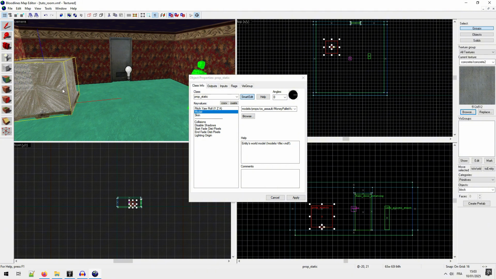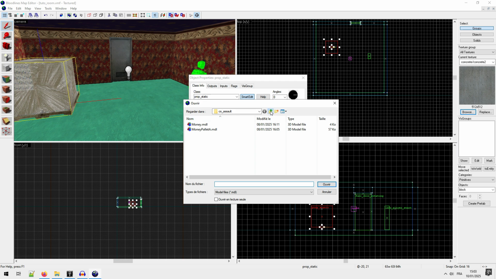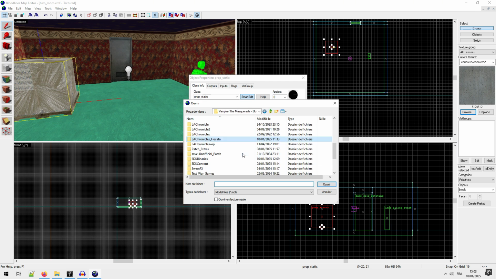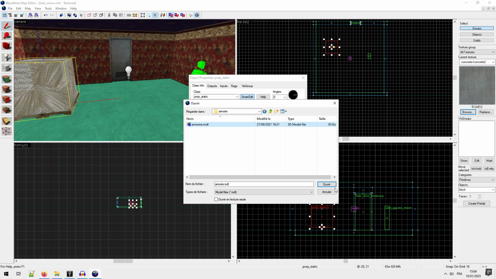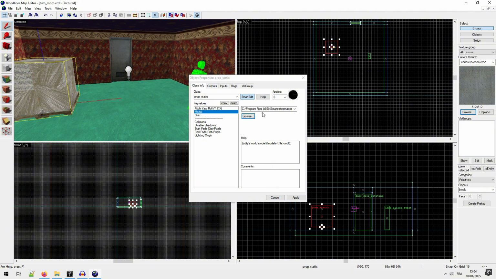And if you want to pick a model from the base game, you need to go back to the Vampire directory, models, and then you have everything. But if I use this, I need to remove all the beginning part, because it starts with models, as it says in the help, and then I do apply.